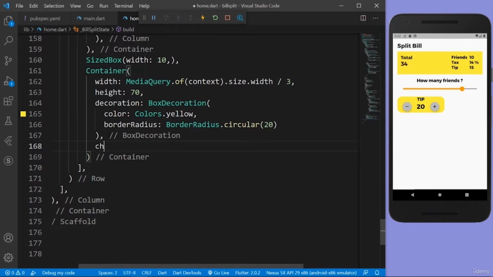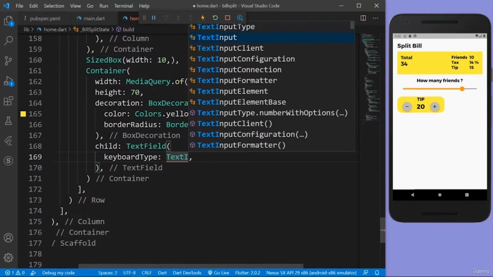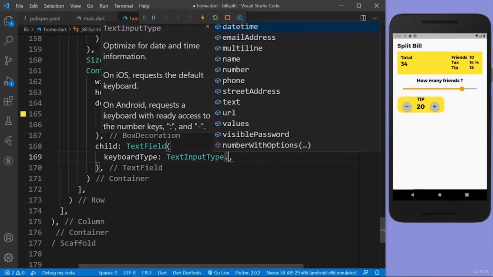And the child of this container is going to be a text field. So I'm going to create a text field widget, and in the text field widget we can give some label text, label style, borders, and also the keyboard types. When I click on the text field, I want a numeric keyboard to open up and not a normal keyboard. So the keyboard type is TextInputType.number,